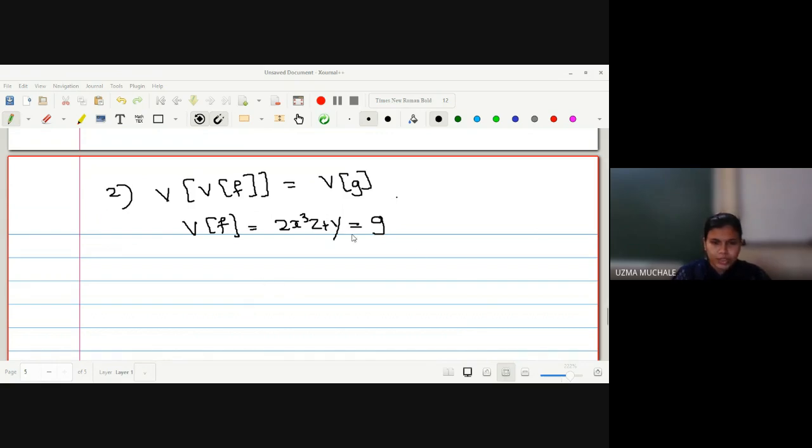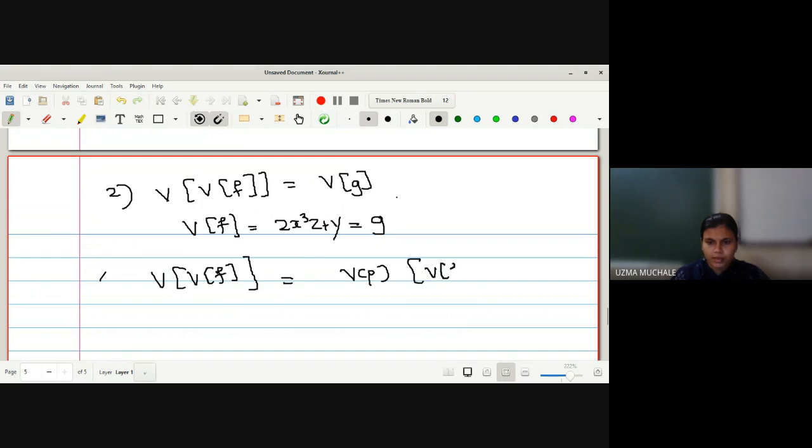Okay. So assuming this to be some function g, you can evaluate the derivative. Let me evaluate by the first method. I hope this first method will be easier for everyone. So this will be VF, that is the directional derivative of function f in a vector field. Again you have to apply this 2 times, which is equal to VP VF. Correct? This VF is nothing but your function 2x cube z plus y, which is equal to the value of v we have to write.